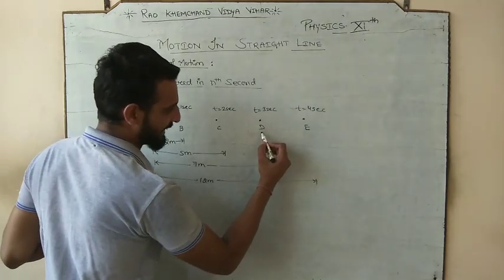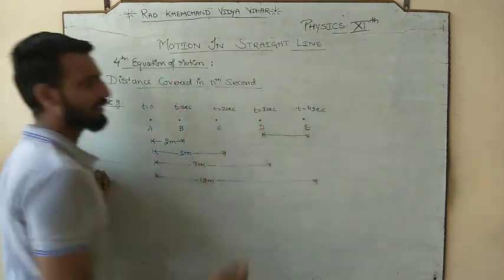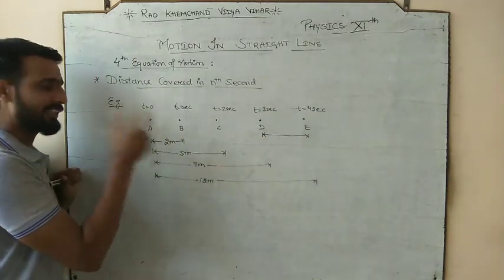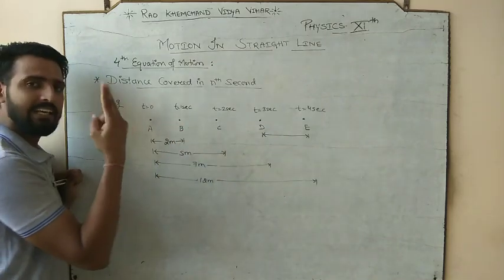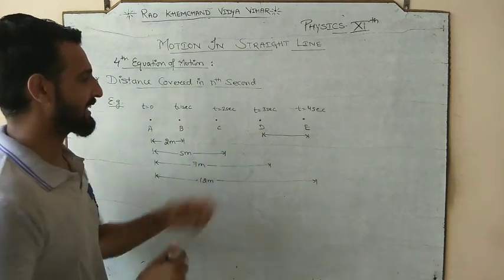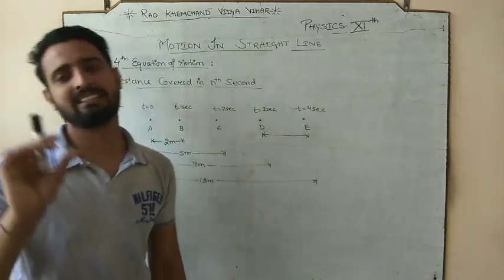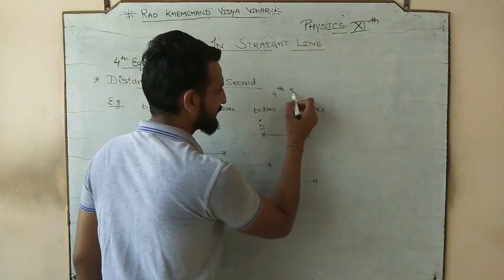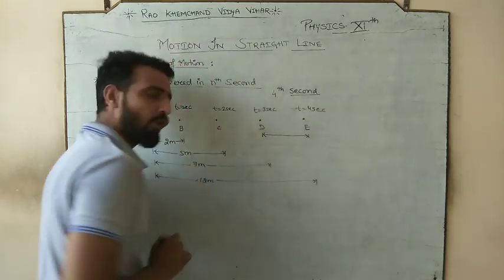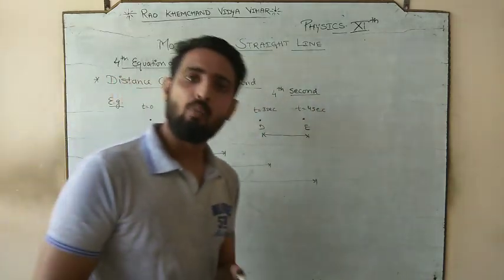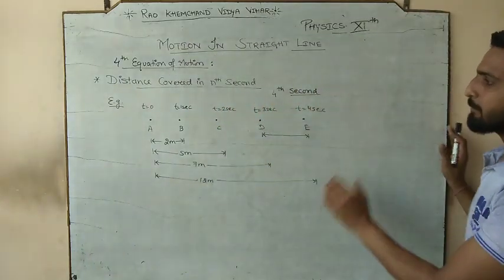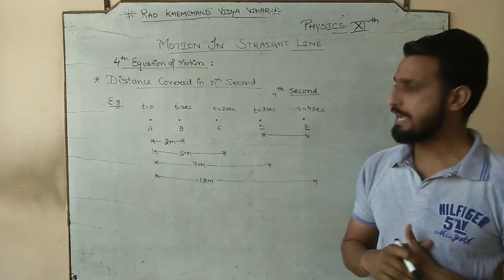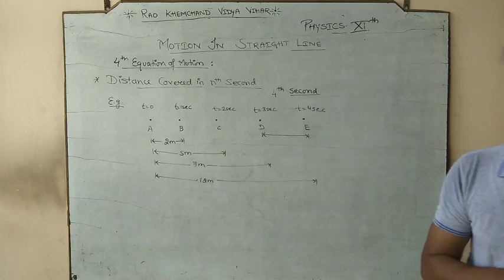First of all, 4th second means he is asking what is the distance covered by the body from D to E. Because A to B is our first second, B to C is our second second, C to D is our third second, and D to E is our 4th second. When there is a word 4th second, what does it imply? It implies that we want to study only the time interval of the 4th second. हमें केवल इस particular time interval को study करना है. We do not have to study the complete motion.